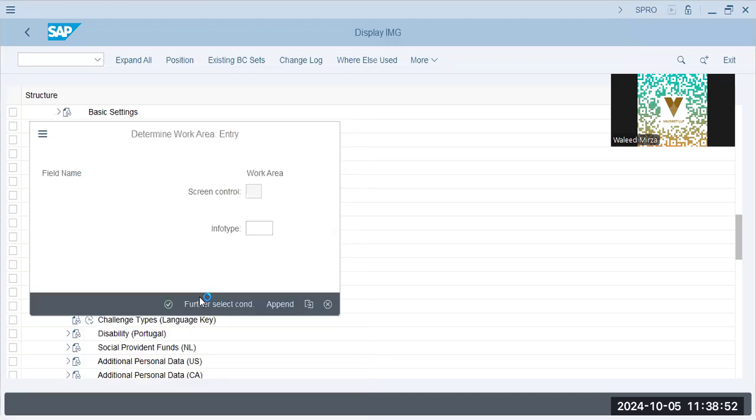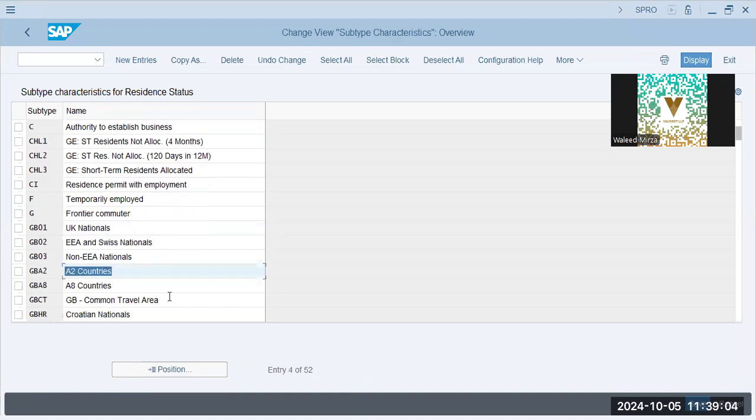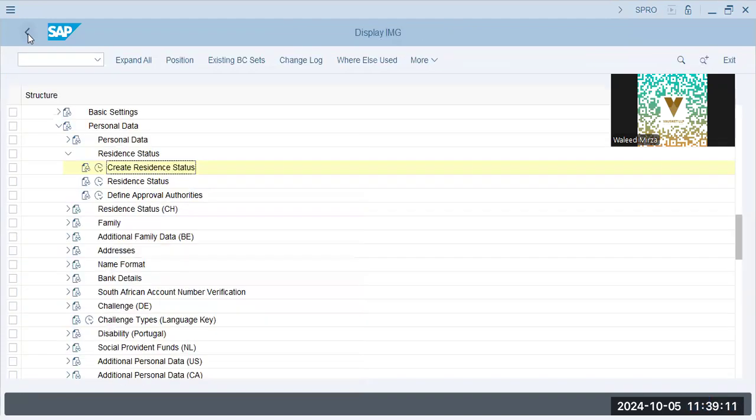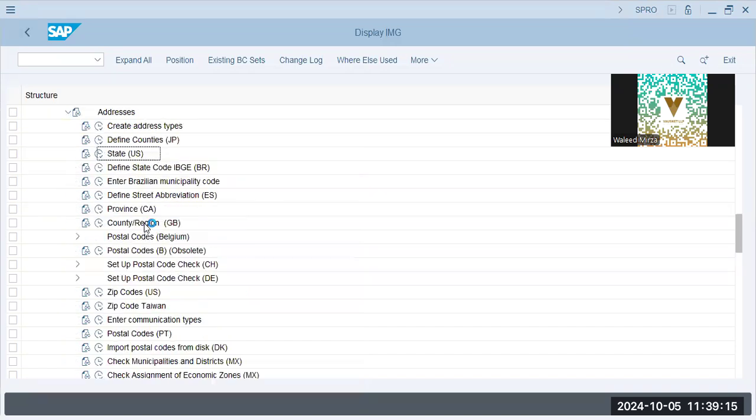Zero zero 0048. Okay. Seasonal residents, permit with employment, frontier commuter, UK nationals, and so on. So you can have different kinds of authority to establish business. These can be the resident status as per the visa any employee has. Addresses, address types,